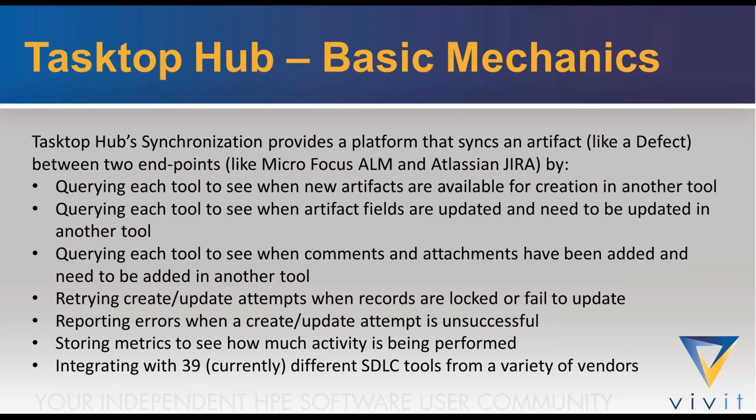Reporting errors. Sometimes errors occur when you make an API call. Maybe there's a connection issue, maybe there's a data issue. Hub can automatically facilitate the reporting of those errors and alert you to that fact, and maybe in a future topic, I'll talk about how you can even set up some automatic remediation of some of those errors, which is pretty cool. Storing metrics, obviously how much activity it's doing is a great thing to see,